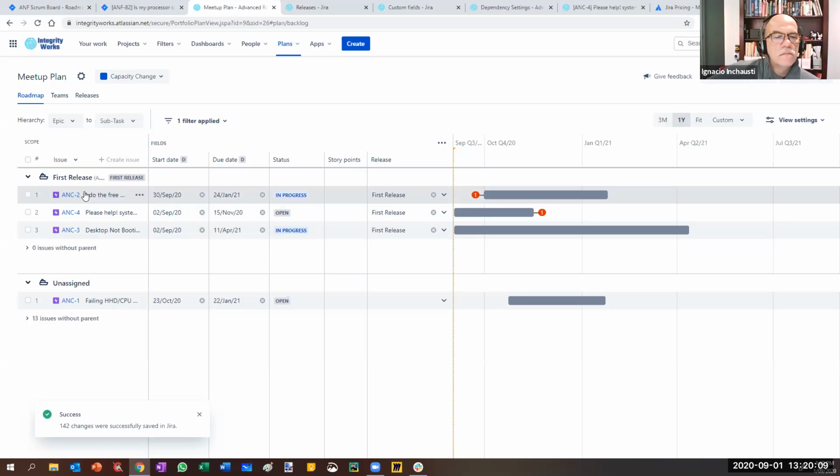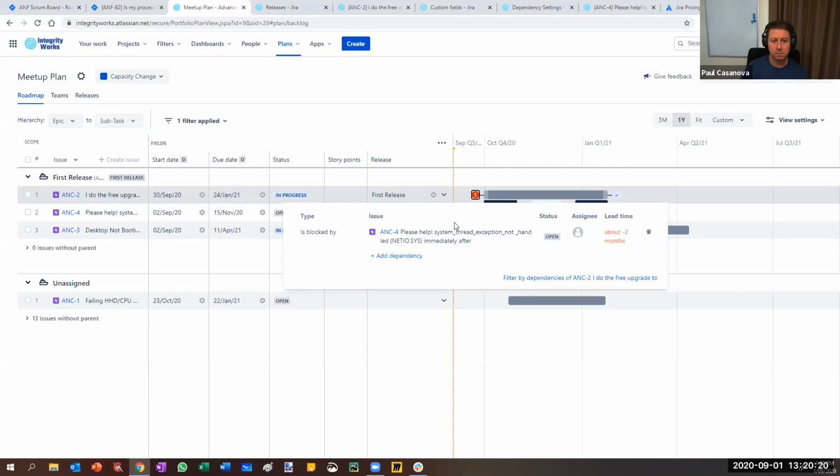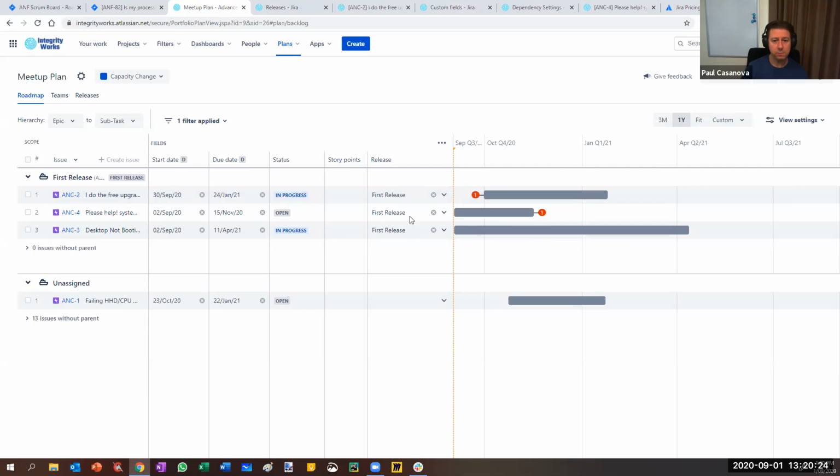So if I go to ANC2, for example, now it's interesting that it hasn't moved that to be after. So it's saying here, ANC2 is blocked by ANC4. Okay, so it's making sure that ANC4 is finished before ANC2 needs to finish. And I think it's stretched out ANC2 because it's 118 days. So if I jump back now to our initial scenario,